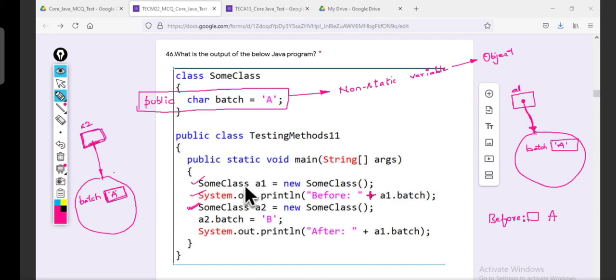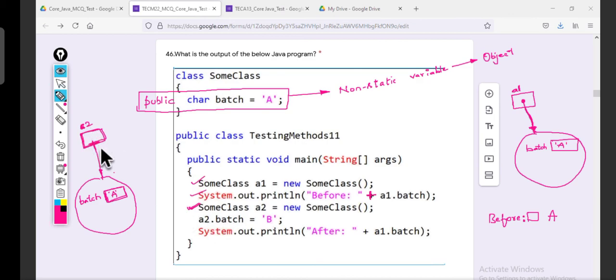Remember, I gave an example, mobile. You also have a mobile, father also has a mobile, mother also has a mobile. If you change the wallpaper, it will affect only your mobile, not other mobiles. Remember that example? Now tell me, am I changing A2 dot batch? Only A2.